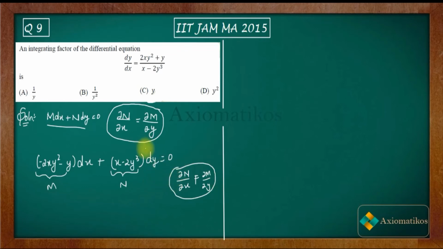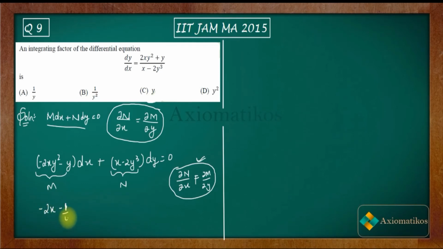Since the question is asking us about the integrating factor, that obviously means it's not exact. That's why the question is asking. So you can check that they are not equal, for your satisfaction. Now we have to multiply it with some member from the options, and then check whether the equation is exact after multiplication or not. So I will just pick a random option. This is the way I am going to do this question. I am just picking this 1 over y square and multiplying it.